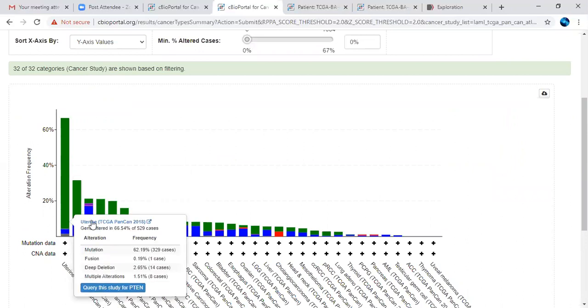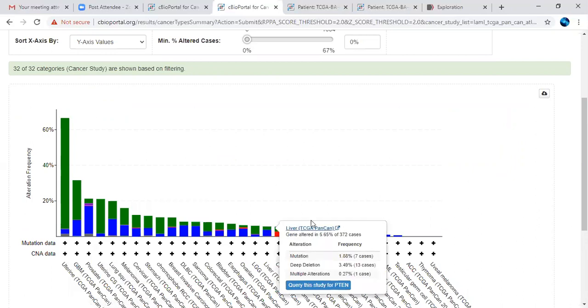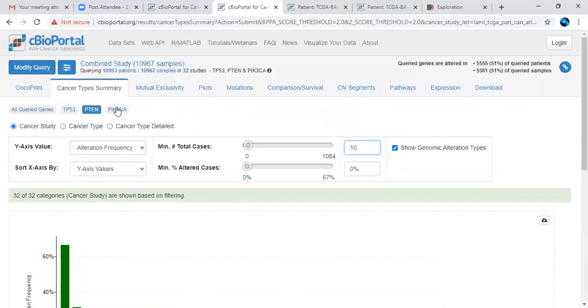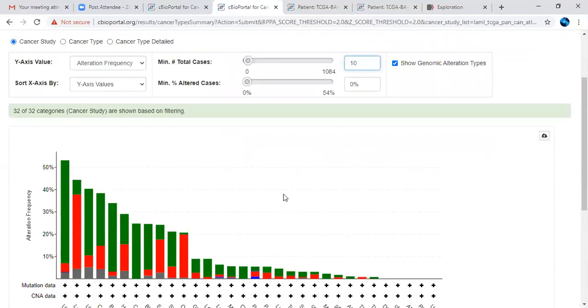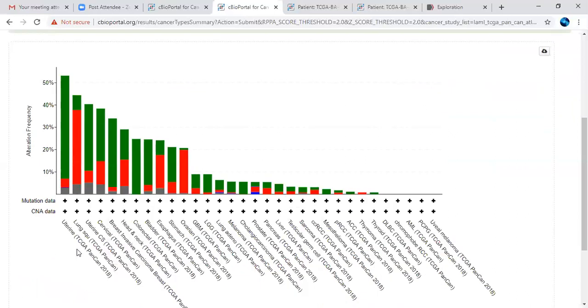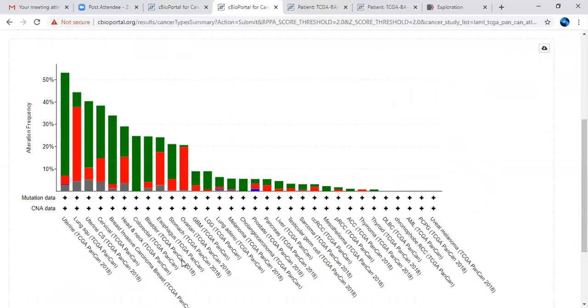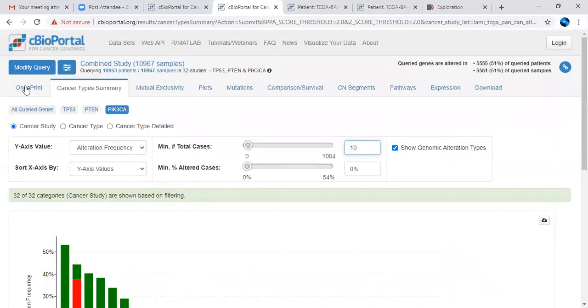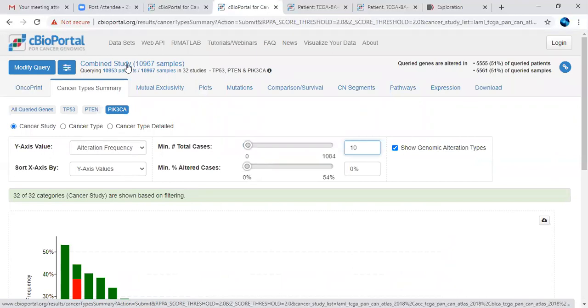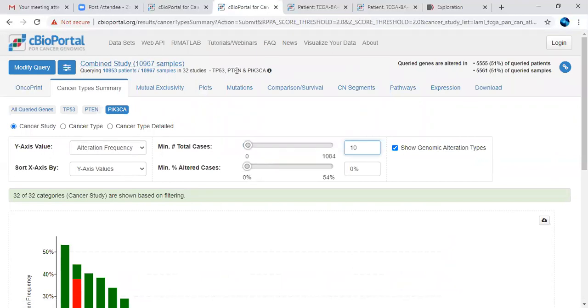The alteration data they have given is with respect to our search option, PIK3CA data, if you just want that. So how many cancer types it has been altered in and which colors are indicating what type of information. So this OncoPrint option we have seen with respect to a search option of particular genes, and we have seen what the cancer summary is talking about.